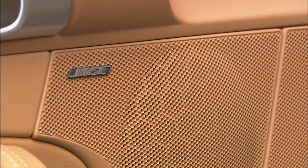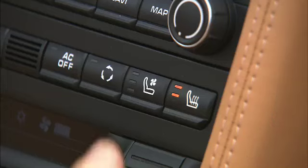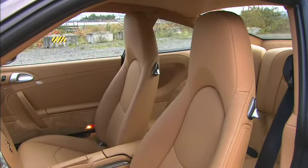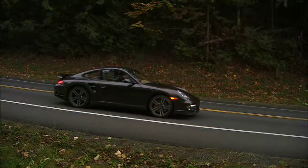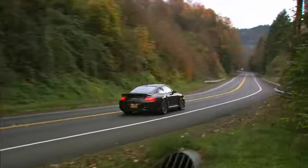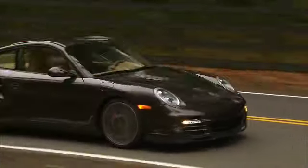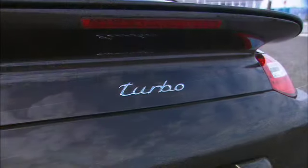Normally, Bose sound systems, satellite navigation, and heated and ventilated leather seats are highlights of a car. You'll forget all about them after a launch in this one. Stuffing an entire Disneyland of thrills into one classic package, this is obviously a Porsche, a 911 Turbo to be